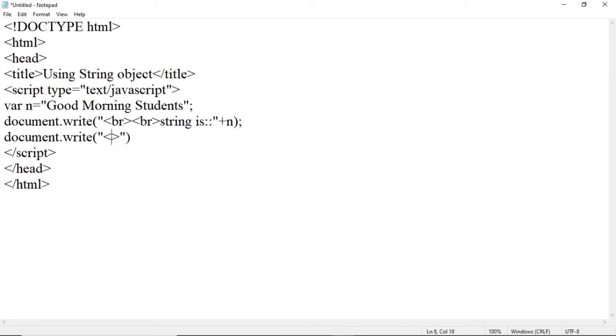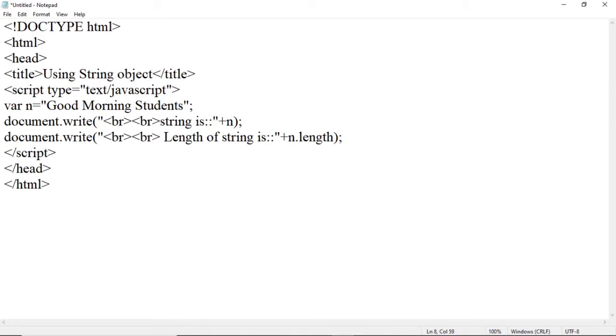Again we have to use a br tag for output on the next line. Now we want to return the length of the string. So length of string is, written with the length property, n.length. This will return the length of the string.